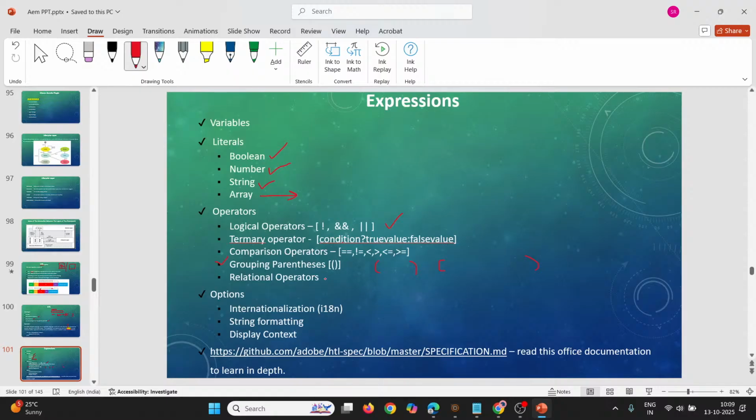And when it comes to relational operators, inside these relational operators we have one relational operator, which is nothing but in. Okay, so consider you are having a string. You want to identify a character inside a string, or if I want to identify a value inside an array, in that case,